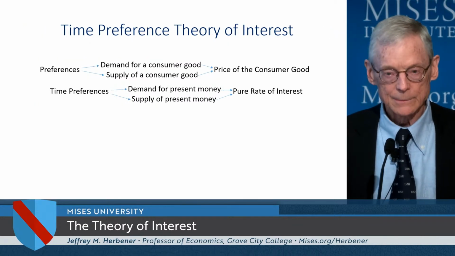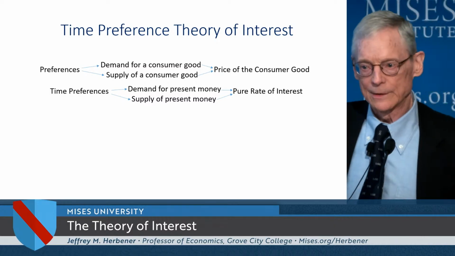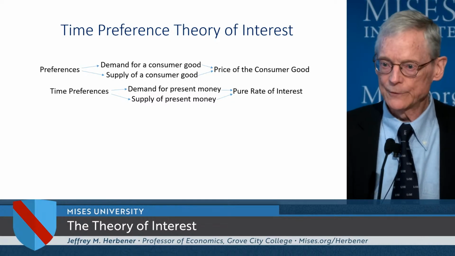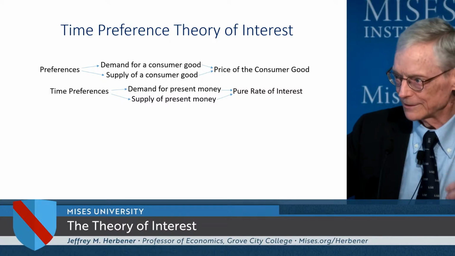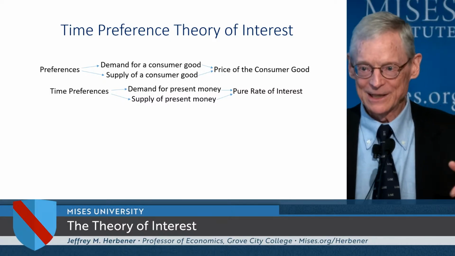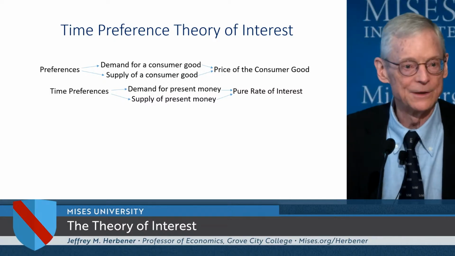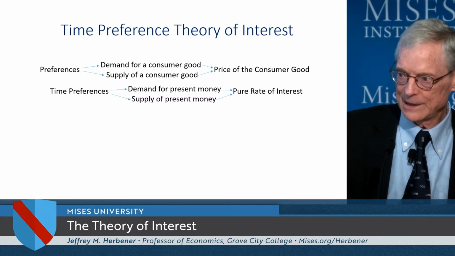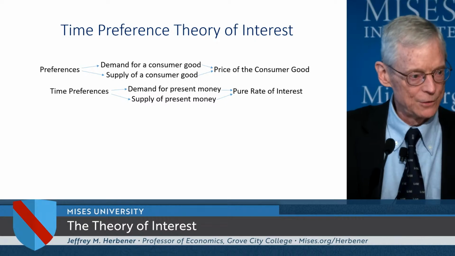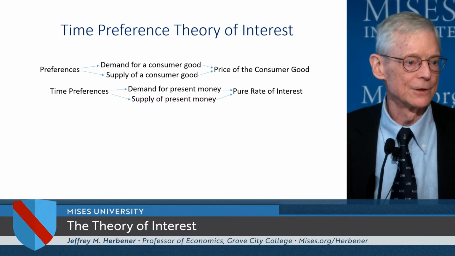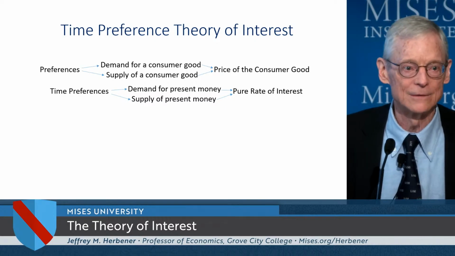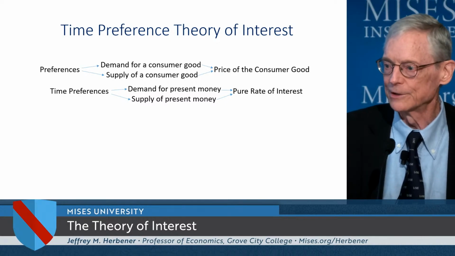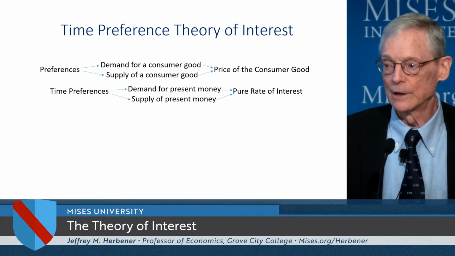All right, so here's the logic. Remember, we did this yesterday with prices. We put up that schematic which showed that prices of consumer goods are just based upon our preferences, given our circumstance. Of course, we're always in particular objective circumstances when we're valuing and making our preferences, so it's not that preferences are independent of our circumstances. It's that our demands and supplies are determined by human judgment in those circumstances, and our human judgments are not deterministically linked to those circumstances. There's some degree of volition that we have with respect to judging our circumstances.